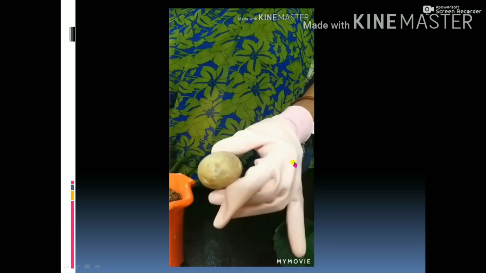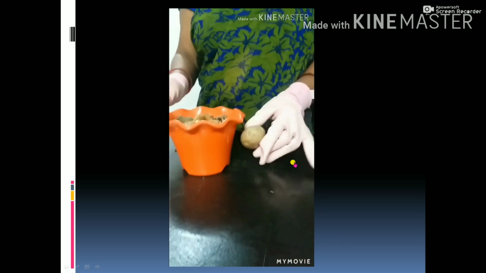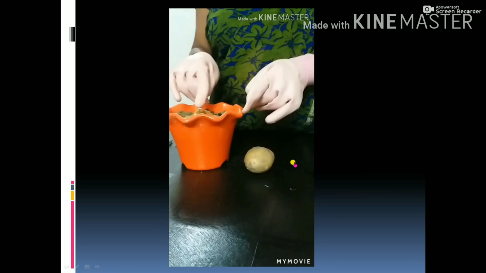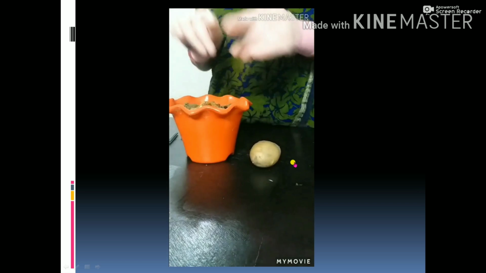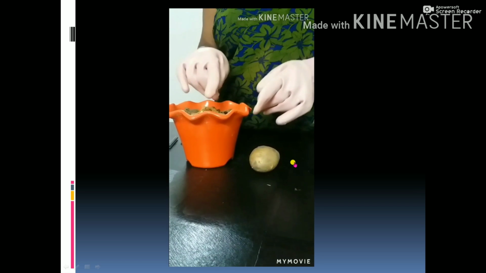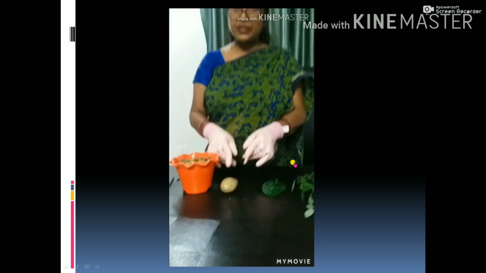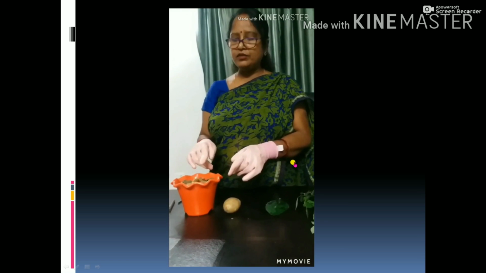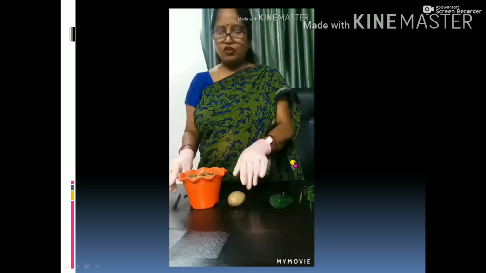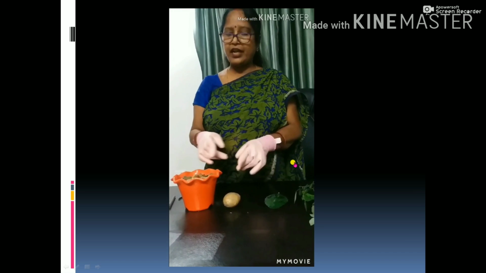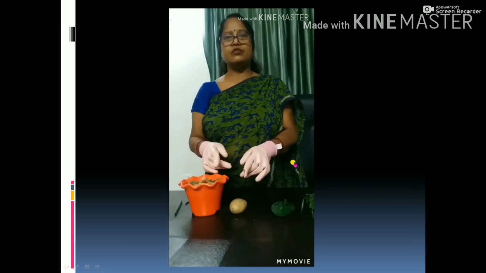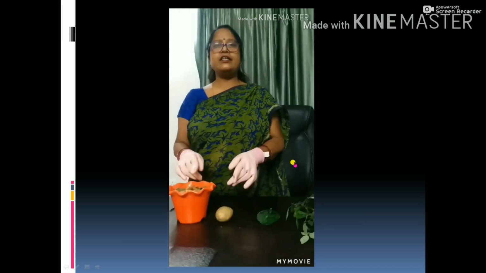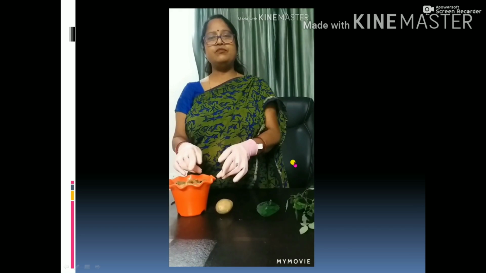Okay. So what is the meaning of reproduction? Here I have not taken any seed. The part of the plant that will give you many plants is known as vegetative reproduction, and ginger and potato are examples of underground stem. Clear to you? So we can't say that potato and ginger are roots. Clear? So always remember, and you can do this at your home these days.